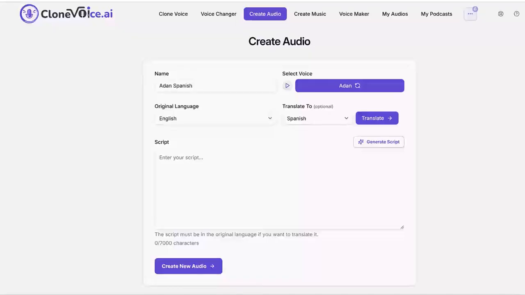All you have to do is head into the Create Audio section, give your project a name, and choose either your cloned voice or one of the system voices. From there, select your original language and the language you want to translate to. If you don't already have a translated script, no worries, just enter your topic, generate the script in English, and hit the Translate button. The tool will instantly convert your script into the language you chose while keeping the tone